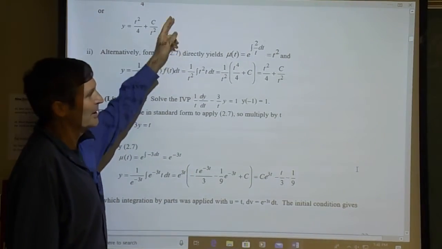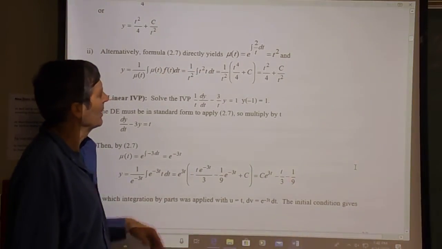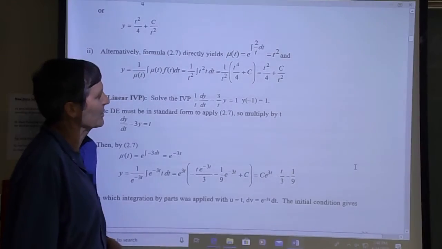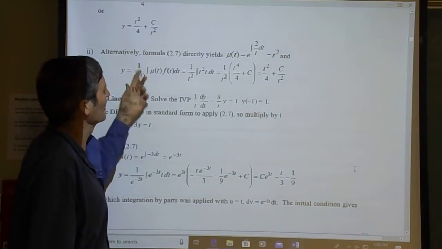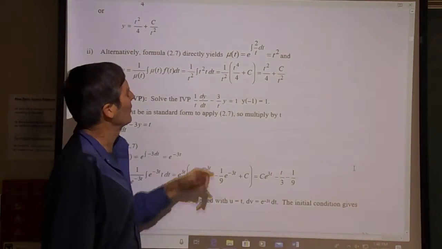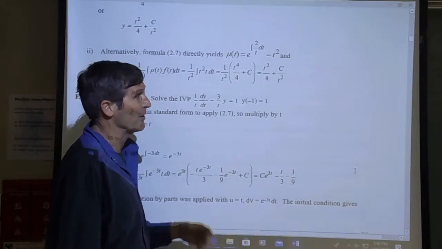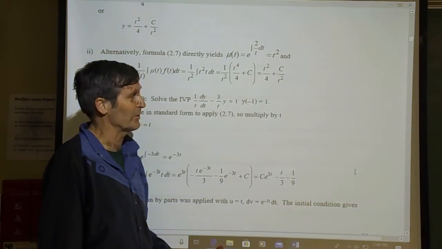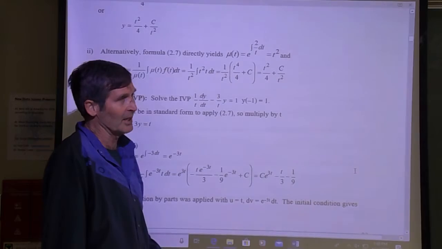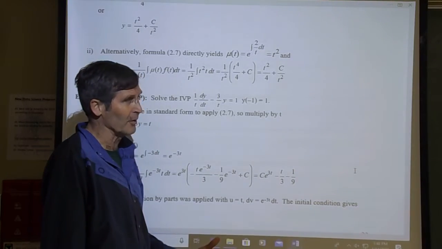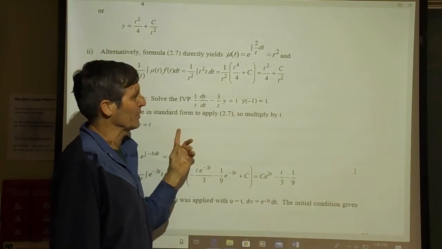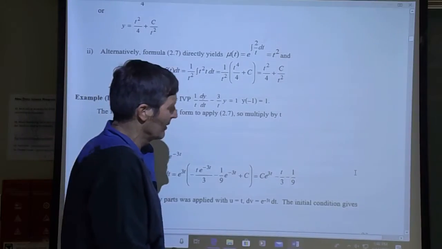Just like completing the square took longer in algebra, multiplying through by the integrating factor takes longer, but it's easier to remember the integrating factor than the whole formula. So here's the formula. The other trouble with the formula is the same as with the quadratic formula in algebra. When you apply the formula and you had c on the right-hand side, right? Remember